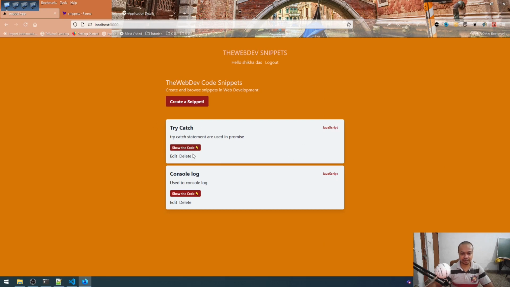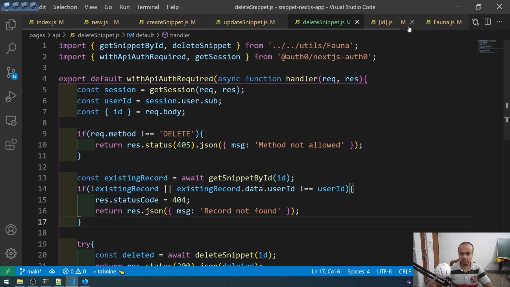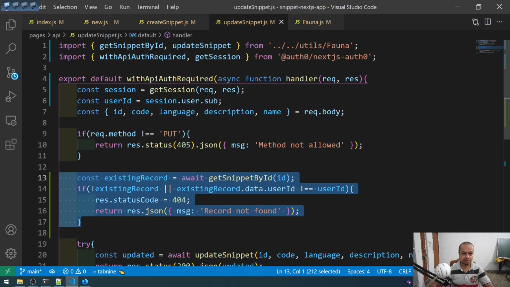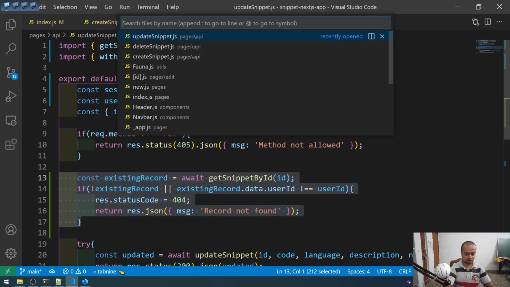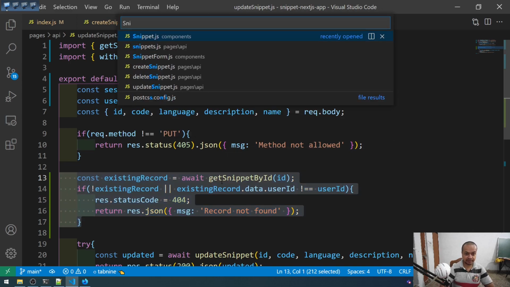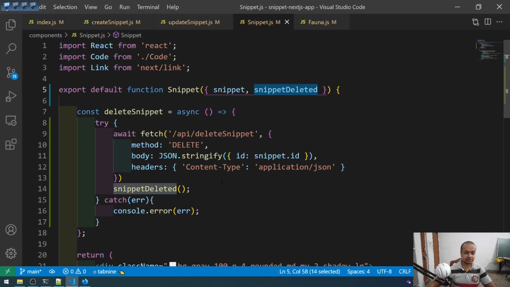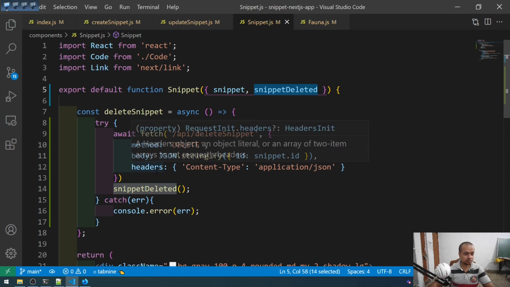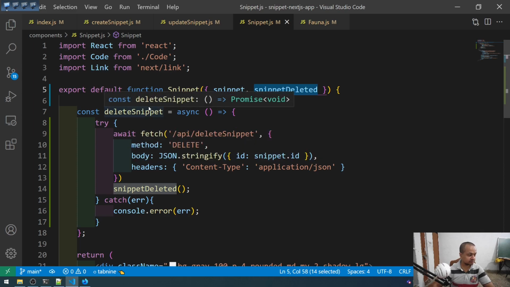This try catch was not created by her, so we want to show it only here. So for that we need to go to the snippet.js file, let me close some of them. Control E, snippet.js, we need to go,